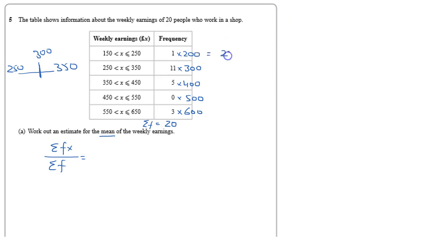If we multiply it, we are getting 200. This is f and this is x. This is f, this is x. So this is fx, and when we add it, it will be sigma fx. So that is 3300. This one is 4 times 5 is 20, 2000. This one is 0, and this one is 1800. So if we add it, we are going to get